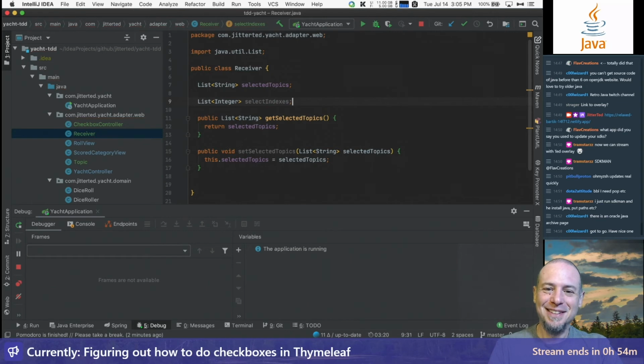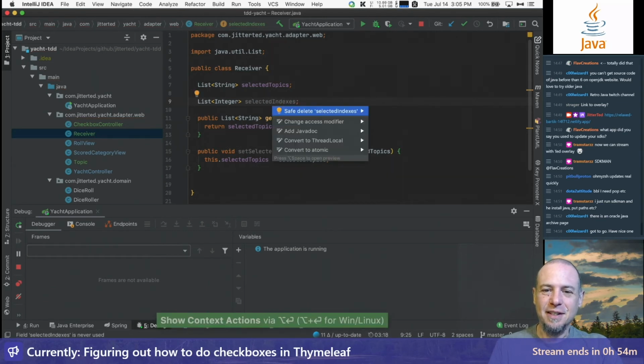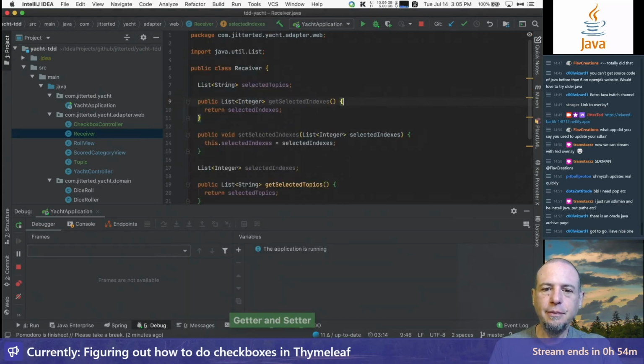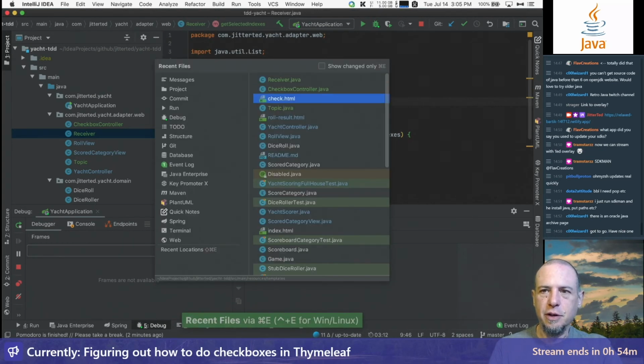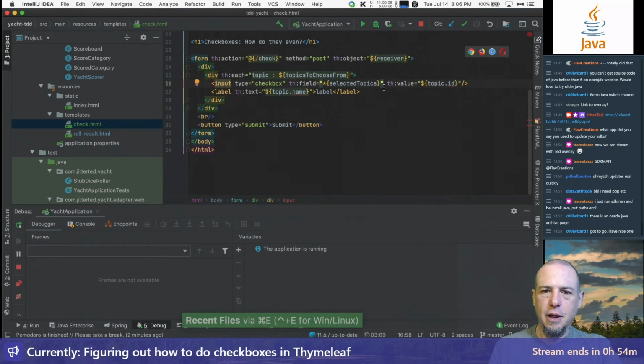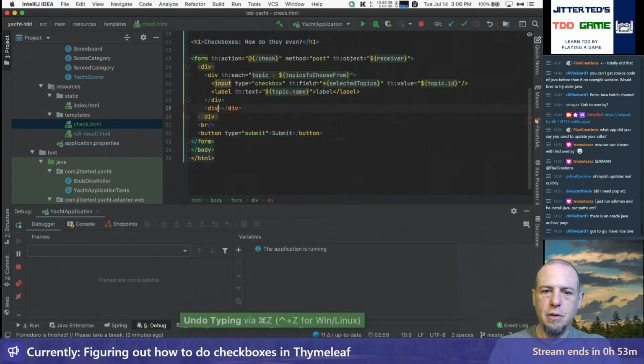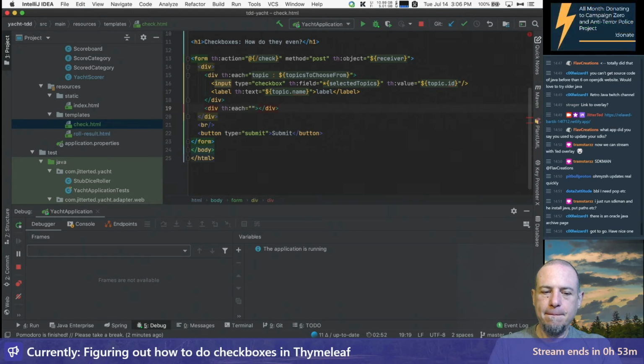Indexes. Selected indexes. Let's go create a getter setter for that. Let's go enter here. Let's put another div. Th each, and this is going to be, oh,